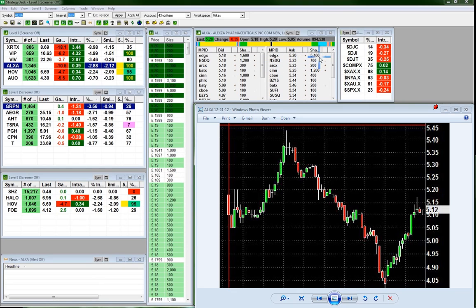Here's the other thing that really piqued my interest. As you see this time and sales ticking through, we're getting some decent sized orders on the ask price, and not only decent size, but several of them, even at 5.1999, that's 520 if you ask me. Now look over here on the level 2. You only have one seller with 5,400 shares. Now it could be bogus, but